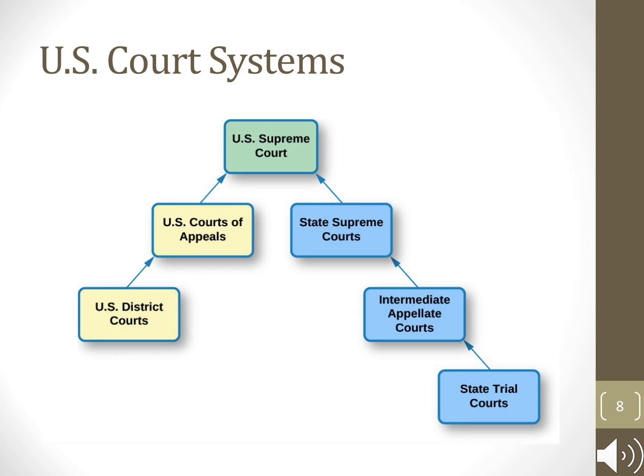decision. This graphic here shows the two court systems that we have in the United States, the state system and the federal system. So the state is in the blue side here. So you have state trial courts that are at the bottom. They lead into those intermediate appellate courts and then ultimately the state Supreme Court. On the federal side, you have U.S. district courts, which are trial courts in the federal system, U.S. courts of appeals, which are appellate courts in the federal system,